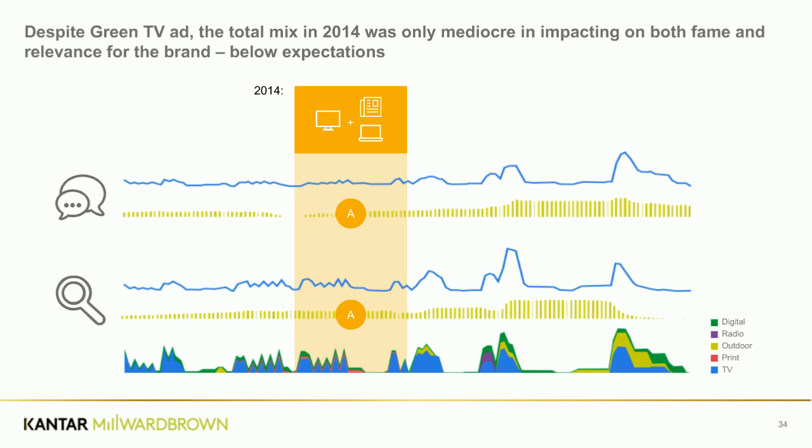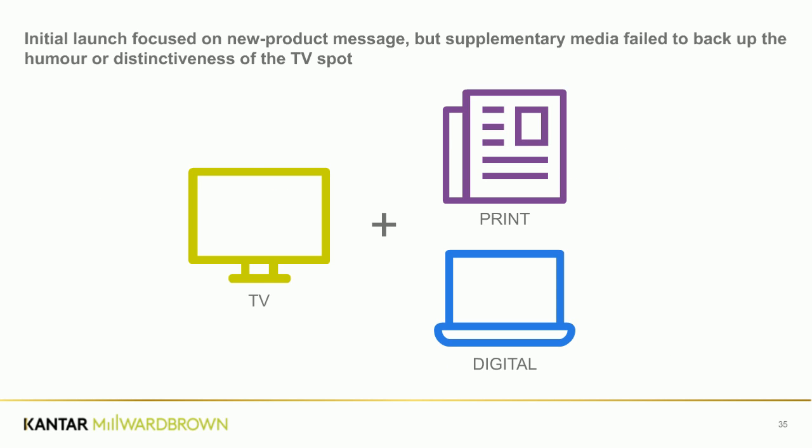But when they put it on air, we were able to see from the reaction, or lack of reaction, of the search and the social signals that the actual overall impact of the campaign was at best mediocre. It didn't create any meaningful uplift over what they typically saw, and it was certainly doing nothing to drive category relevance, which is what we'd expect for a new product launch. Given the quality of the TV campaign, they were slightly confused as to why it wasn't doing better. So it prompted them to take a look at the rest of the media in their mix.